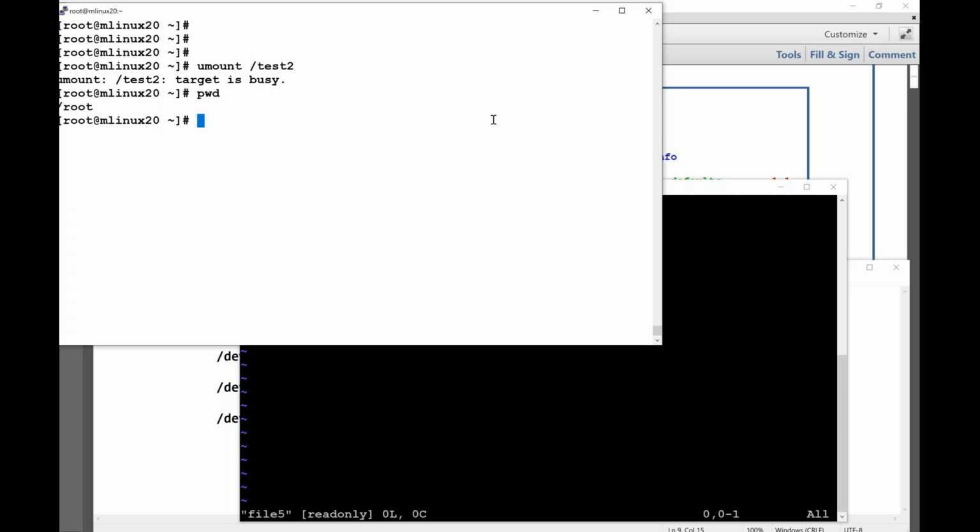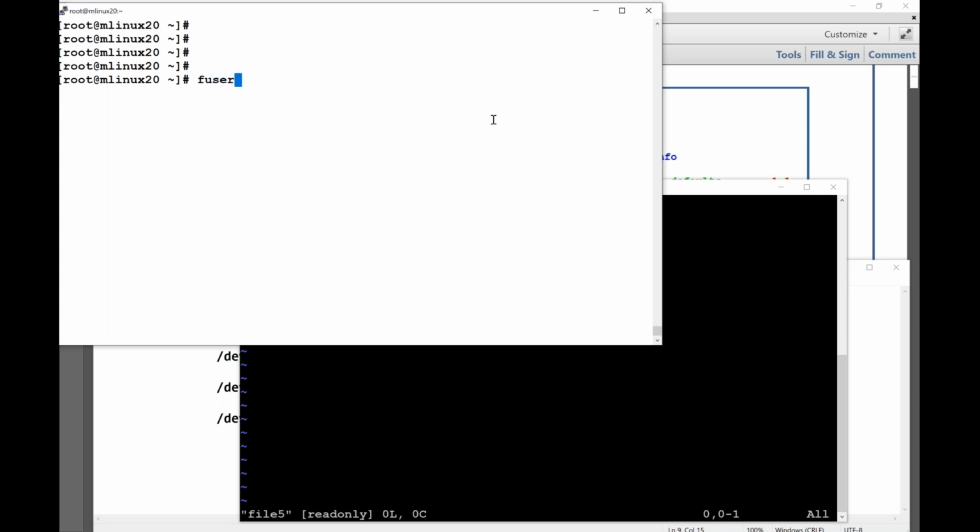Now, if I am not present inside the directory, who else would be there? I want to know who is inside the directory. Maybe if I find out, I can communicate and tell them to leave the directory because I have to unmount, right? To know who is sitting in your directory, you can check by using a command called